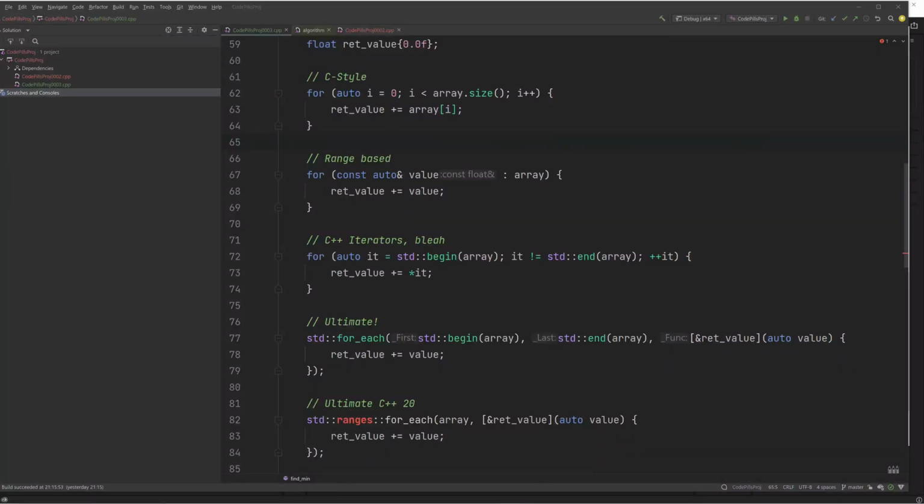Okay, so code pin number 4. That is a trip to memory lane, or a trip to the evolution of the for loop, or the loop in general. So let's start from the very first